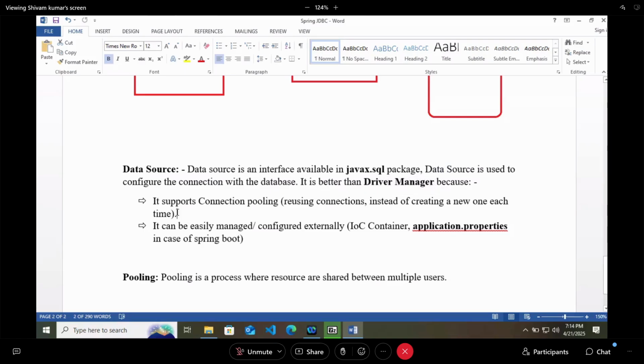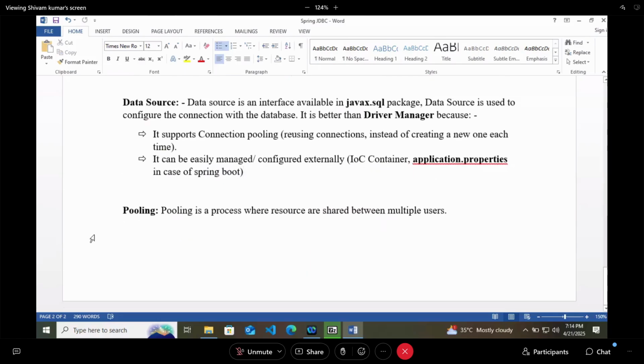At first, it supports connection pooling, and second, it can be easily managed and configured by the container. And at last, we have seen what is pooling. Pooling is a process where resources are shared between multiple users, right?